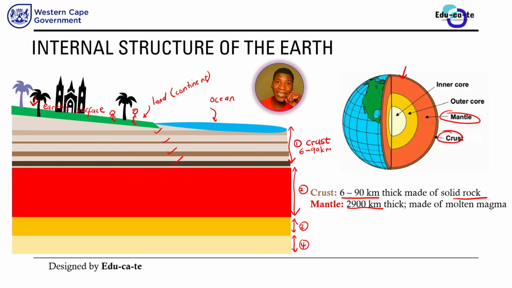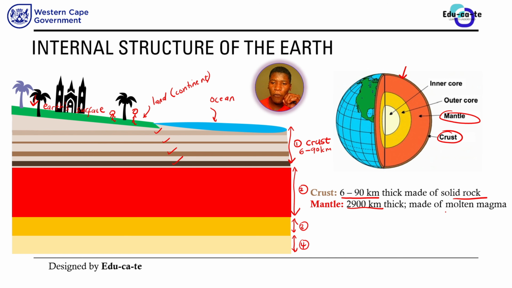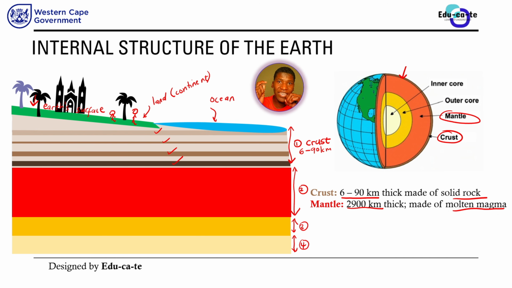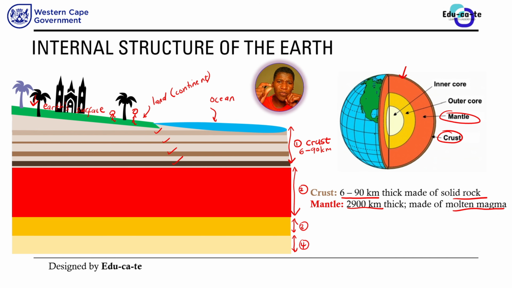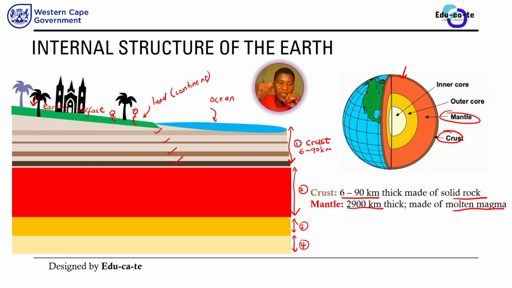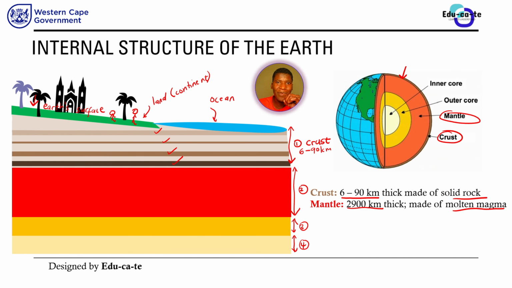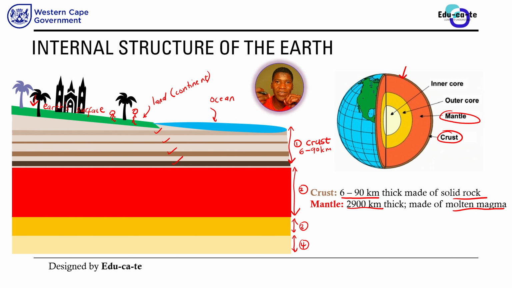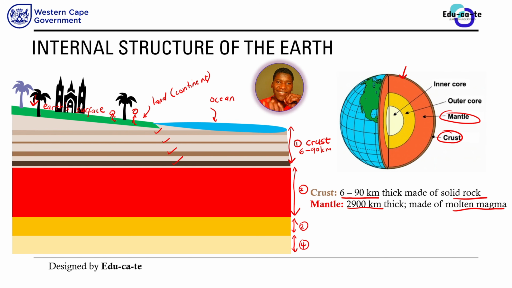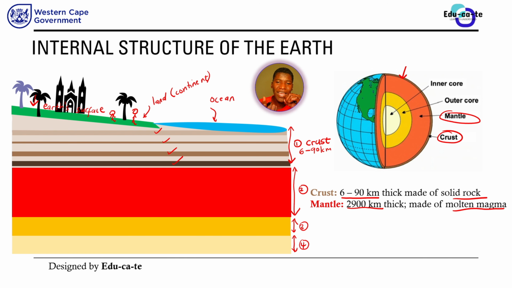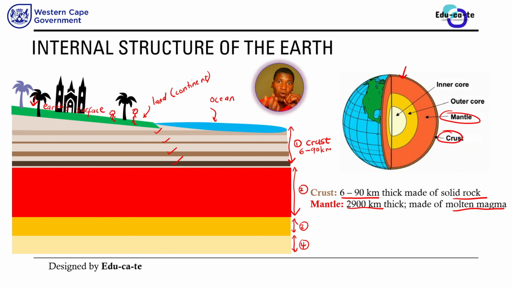So one thing about the mantle, it is made up of molten magma. When you say that it is molten magma, it means those rocks have dissolved. Those rocks are actually liquid, because magma is more like a liquid. It's more like your porridge. You know, when you eat porridge every day in the morning, maybe you like Movite or something like that. When you eat Movite, you see that texture, that state of matter, it is molten. So the mantle consists of molten magma.